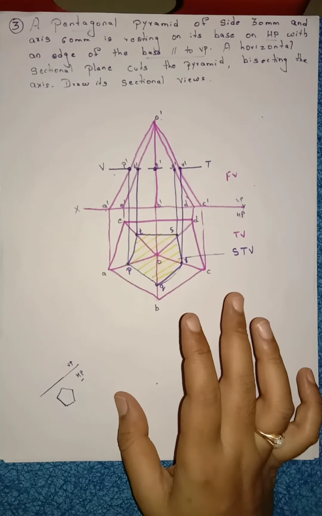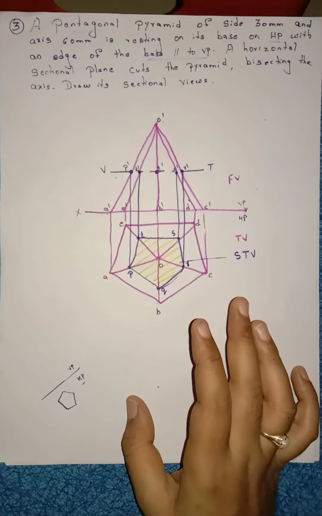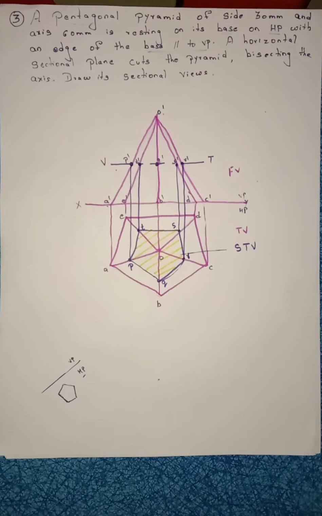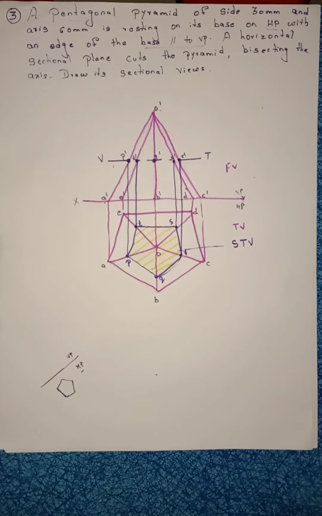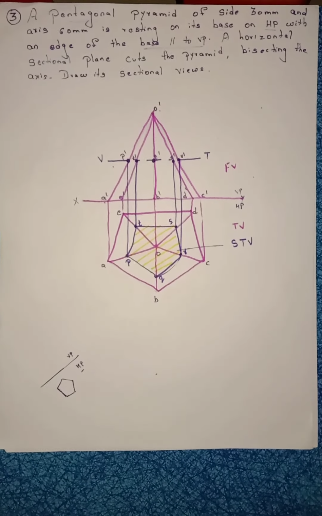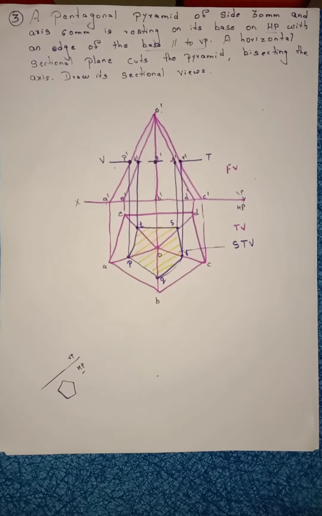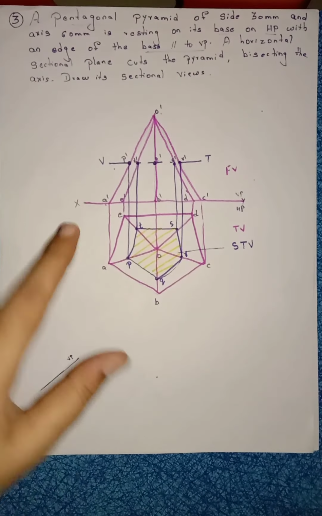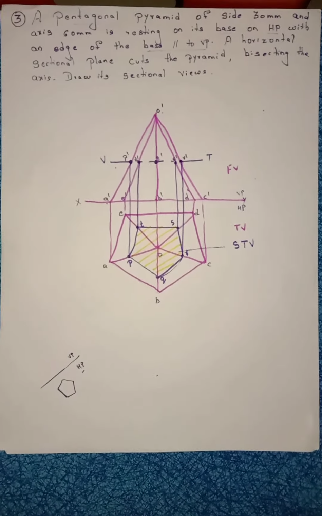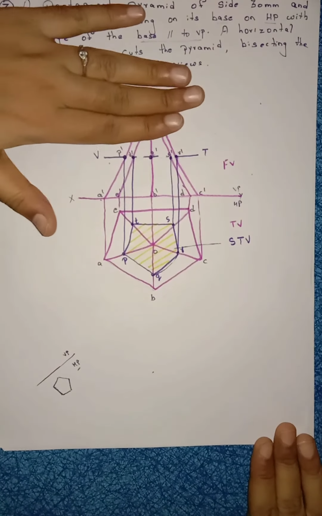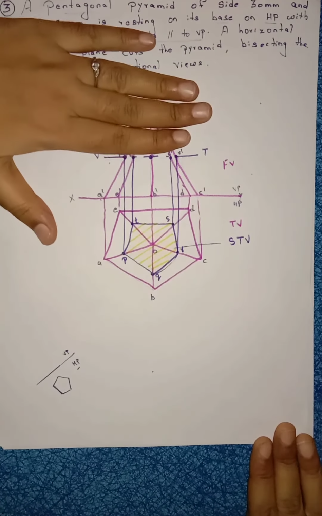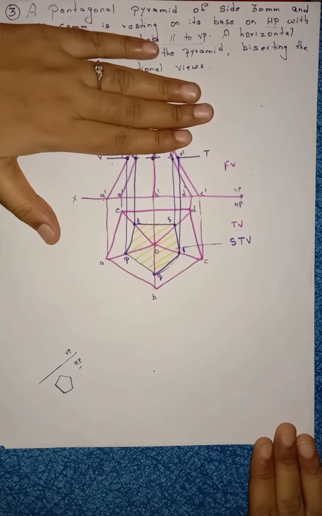Simple problem. So why are we not drawing the sectional plane here? Why are we not drawing the true shape here? Because the sectional plane is in parallel condition, no need to draw the true shape. So mark the dimensions properly. Length is 30, height is 60. So this portion is not visible. With the help of the cutting plane, we are removing this portion.